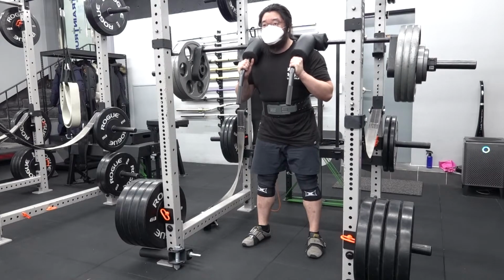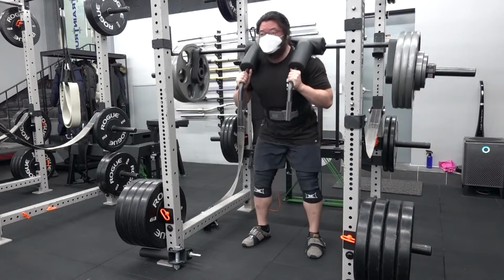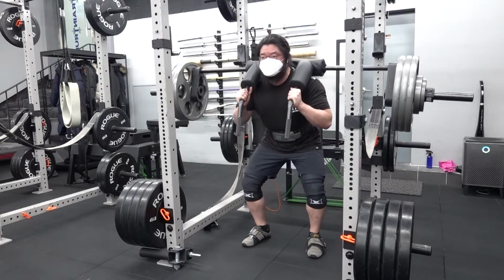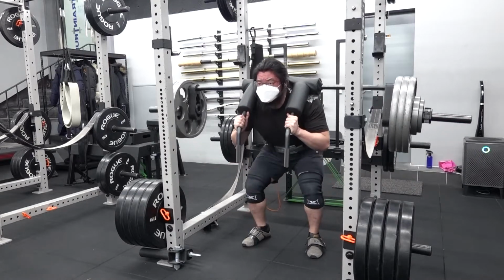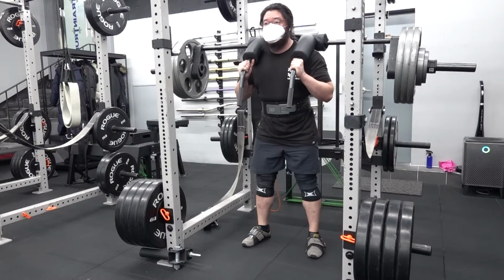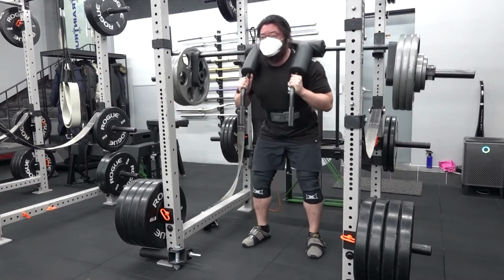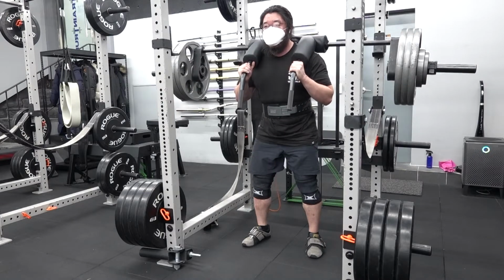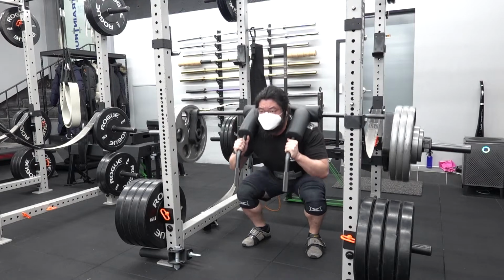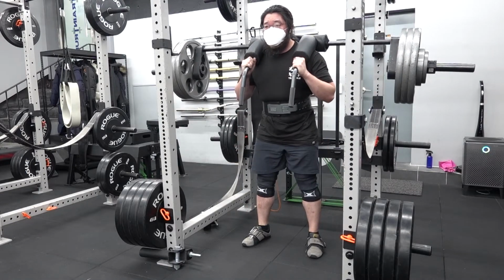So I think that if you're dealing with shoulder pain from too much low bar, maybe your bench technique isn't on, a safety squat bar is the way to go. Save your shoulders, I think, is the key. I know Dan is a little bit crippled too, so he's been doing safety squat bar as well to get his squats in. Just because your shoulder hurts doesn't mean that you shouldn't get under a bar. If you have access to a bar that will allow you to squat pain-free, use it,